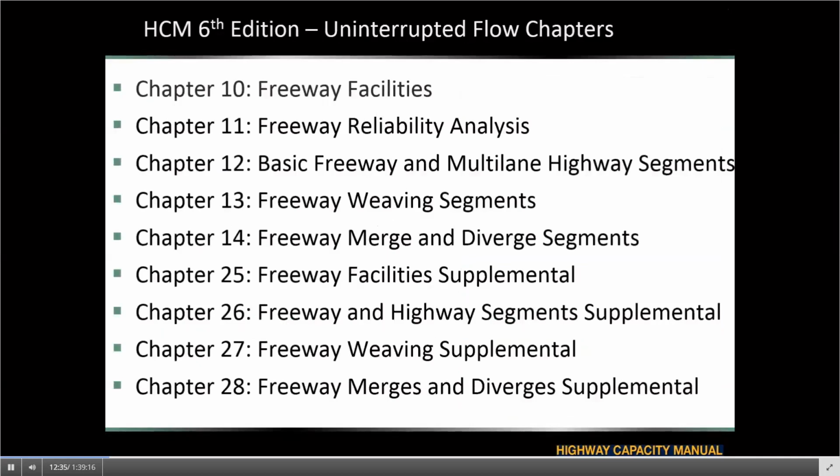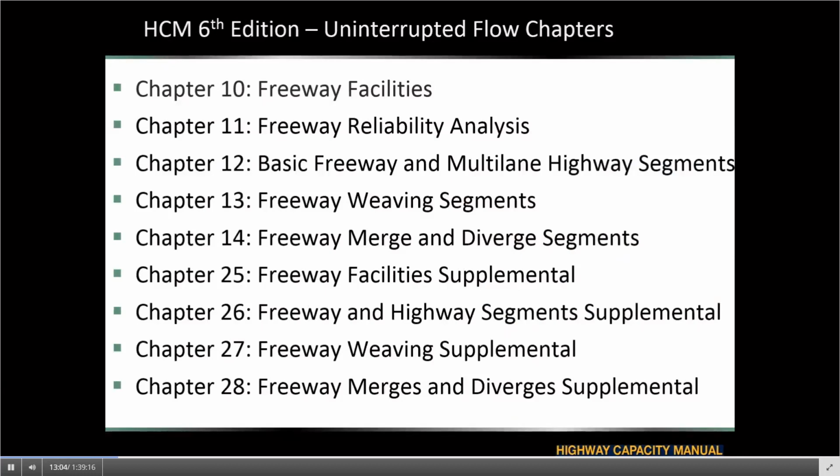The majority of the webinar today will focus on Chapter 10, Freeway Facilities, which really integrates the individual segment methodologies for basic segments, freeway weaving segments, and freeway merge and diverge segments that are contained in Chapters 12, 13, and 14. In addition, there's a new chapter on freeway reliability analysis, which will be the core focus of the next webinar in the series that is going to be offered on January 24th.